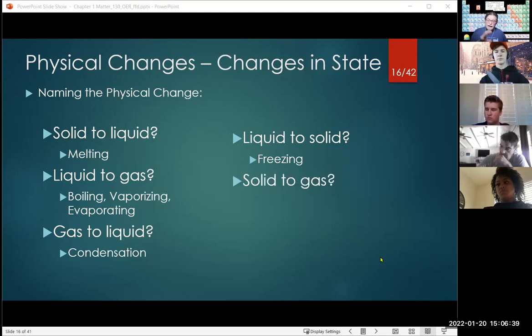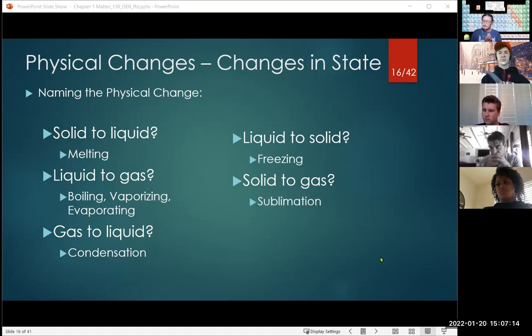Now, it is feasible to go directly. Up to this point, we've been going through all three phases. We go from solid into the liquid, into the gas, or vice versa, gas into the liquid, then to solid, back and forth, but it's going through a state. It is feasible to bypass a state. And technically, it really is not bypassing it. It is going through, but it happens so quickly you don't even see it. Meaning that we have this solid that goes directly into a gas.